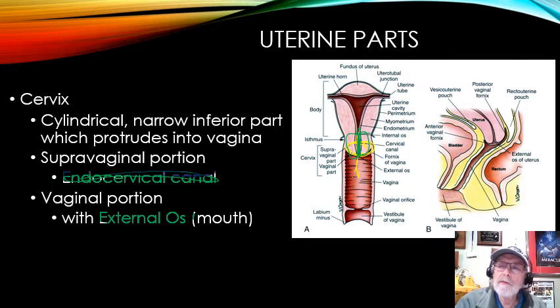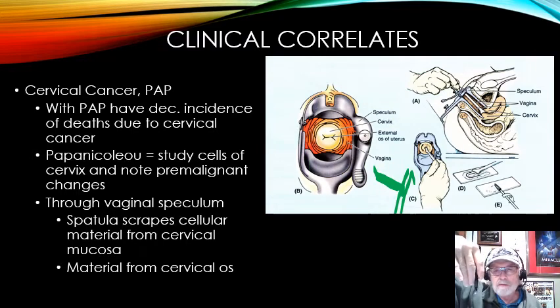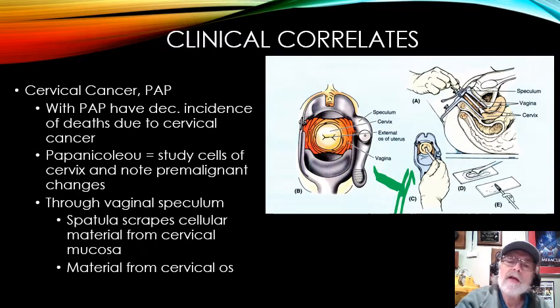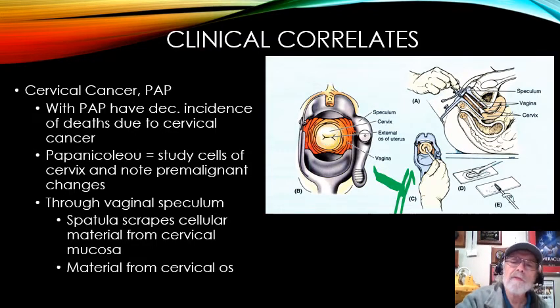When they do a Pap smear, this is what they see when they insert a speculum. If the uterus is here and the vagina is here, the cervix sits on the top portion. But when they put the speculum in, the cervix comes down a little bit, and this area right in here would be the cervical os, where that slit is. In a female who's never had a child, the cervical os is very round. In females who have had a child, it's more slit-shaped like we see right there. It's wider because it's been stretched out.